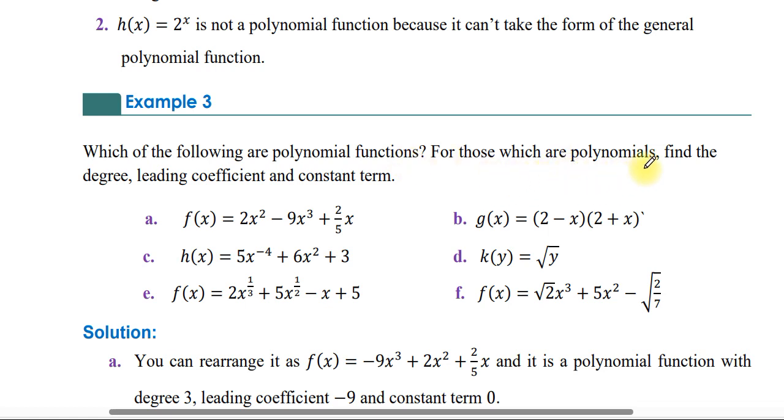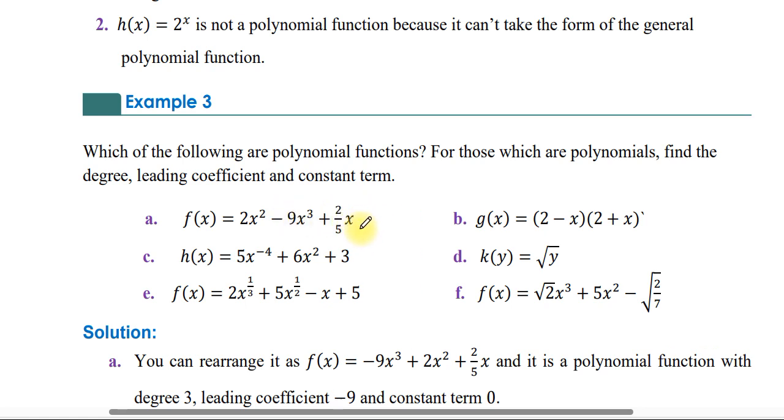For those which are polynomials, find the degree, leading coefficient and constant term ይላል። ስለዚህ መጀመሪያ f of x which is equal to 2x² minus 9x³ plus 2/5x። ስለዚህ እዚህ ጋር በቅደም ተከተል ማስቀመጥ እንችላለን። ማለት -9x³ plus 2x² plus 2/5x plus 0 ብለን ማስቀመጥ እንችላለን፣ ወይም እንዳለ መውሰድ እንችላለን። ይሄኛው ፖሊኖሚያል ነው ምክንያቱም በትክክል በፎርሙላው ስለተቀመጠ with degree 3 and leading coefficient -9 and ኮንስታንታችን 0 ነው።